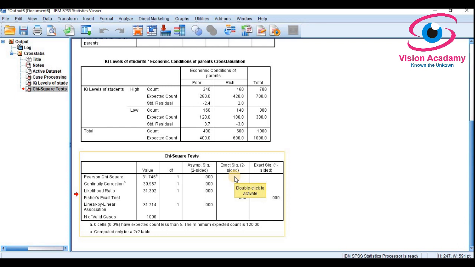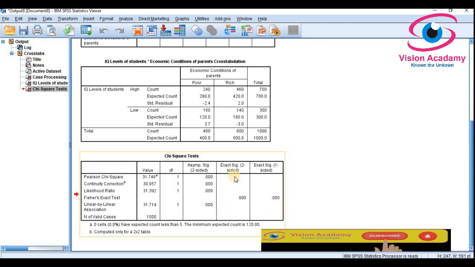Thank you so much for watching. Before you analyze data, please do learn how to enter data in SPSS software. Anyone can teach you how to analyze data, but only someone can teach you how to enter data in SPSS software, especially for ANOVA, t-test, chi-square test, and whatever test you will conduct, like hypothesis test. For that, it is very important.